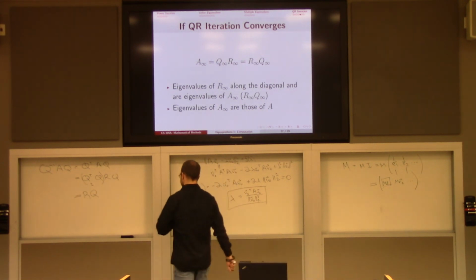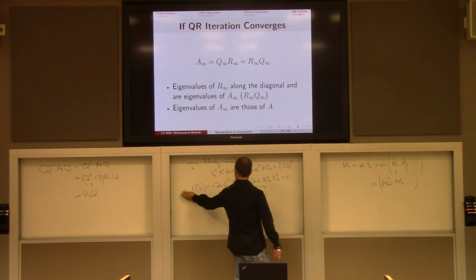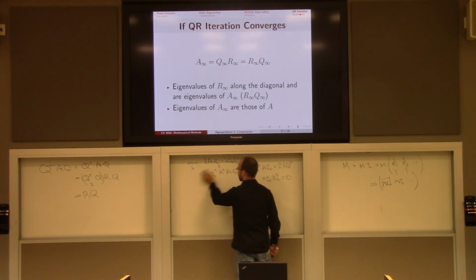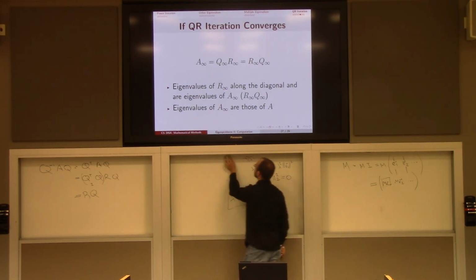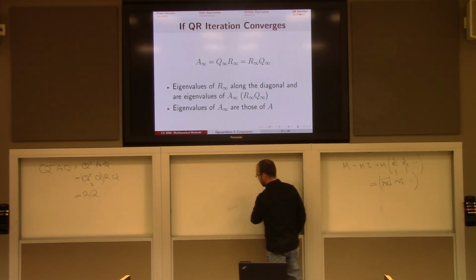Okay. So the first question you might ask is, never mind whether it converges, what happens if it did converge? So, what happens if I keep running this QR iteration, and eventually this thing settles on, I keep getting the same matrix A